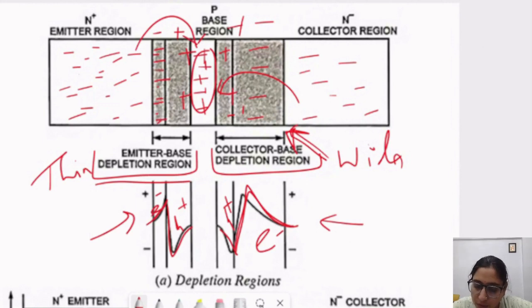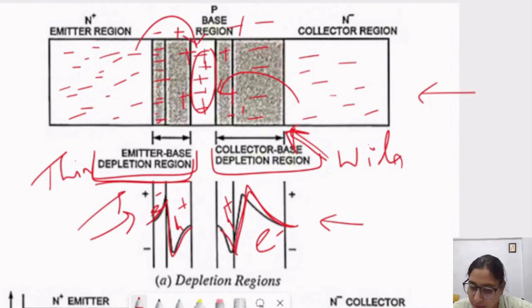Now, due to this depletion region which is formed, a particular voltage is needed to start conduction. This is the unbiased condition, but we need a biasing battery so that this depletion region will break and we can start conduction in the transistor. In earlier classes, I told you that in silicon the potential barrier is 0.7 volt and in germanium it is 0.3 volt. Similarly, the same thing will apply here. We need a particular operating voltage so that this depletion region will break and charge will flow from emitter to base, or similarly from collector to base.